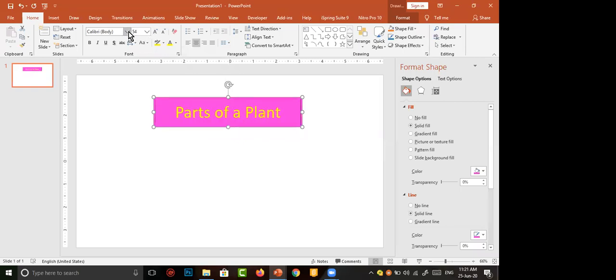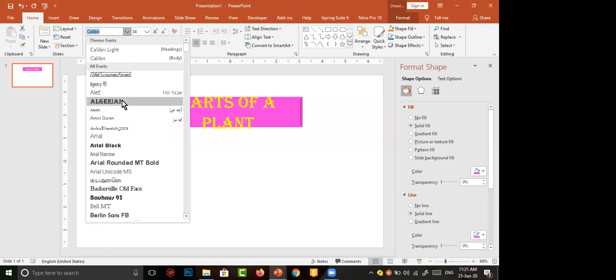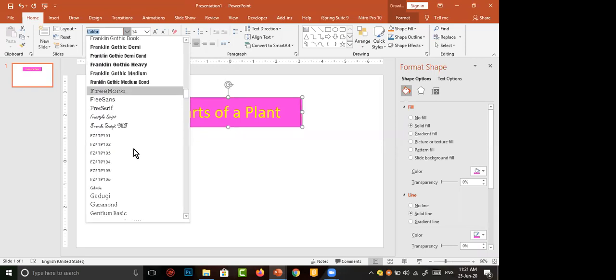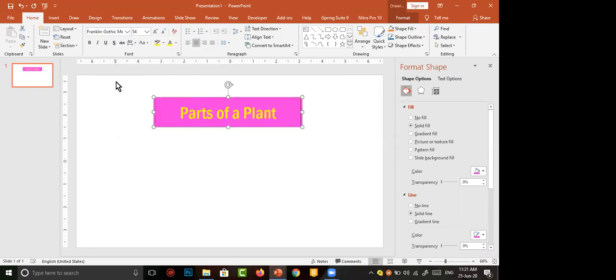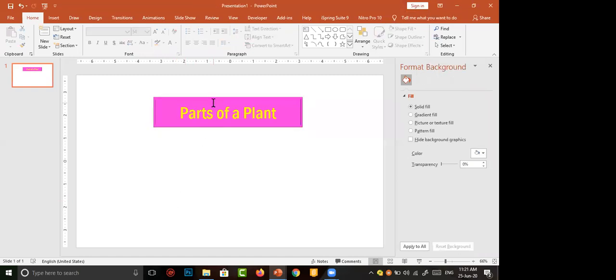I want to change the font style. So I change the font, change the color, change the shape. Okay, this is the main thing.